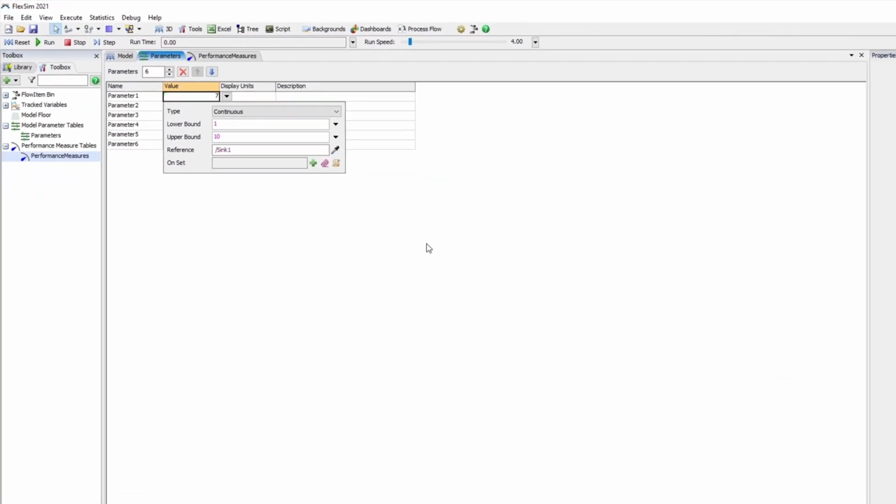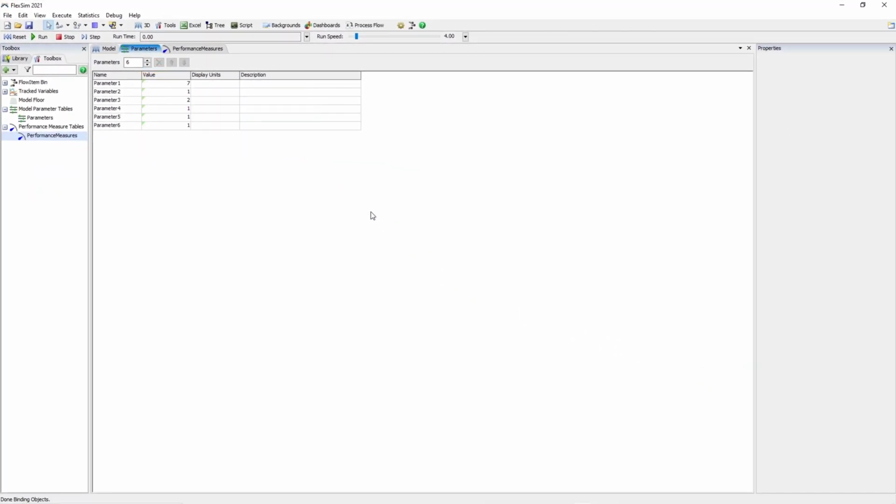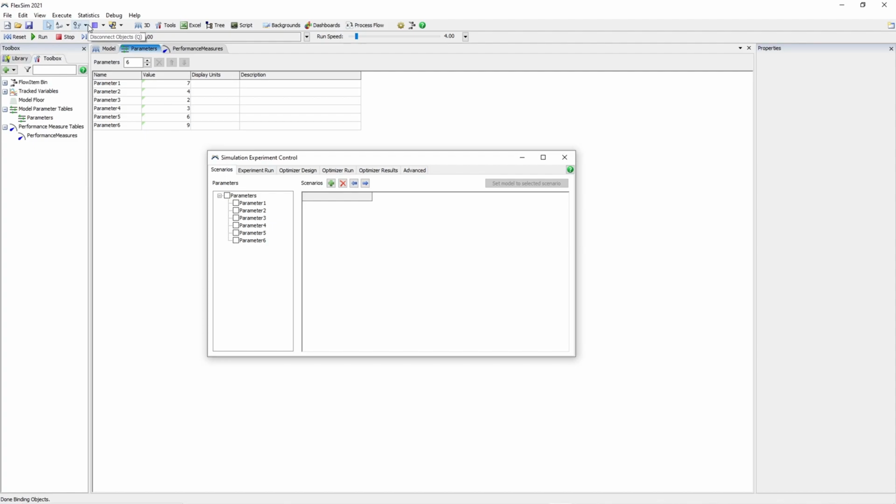These tables directly lead to some improvements to the experimenter and optimizer. These tools normally require you to define parameters with rules or constraints, and performance measures to consider in the evaluation. While in the past, you had to define these when developing the experiment, these values are now automatically pulled in from the model parameter and performance measure tables. You can simply leverage the parameters and performance measures you've already thought through as you planned and scoped out your model. No need to double up on work.